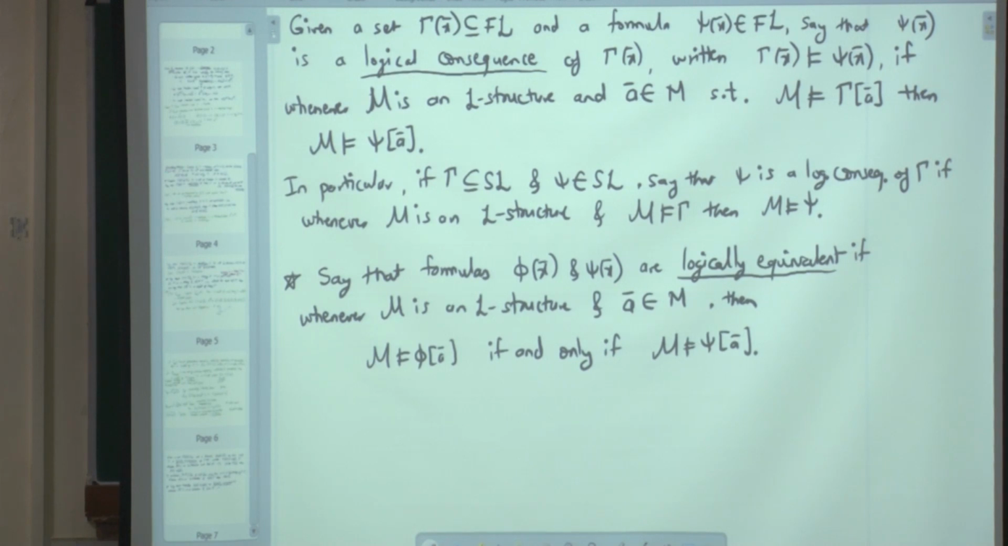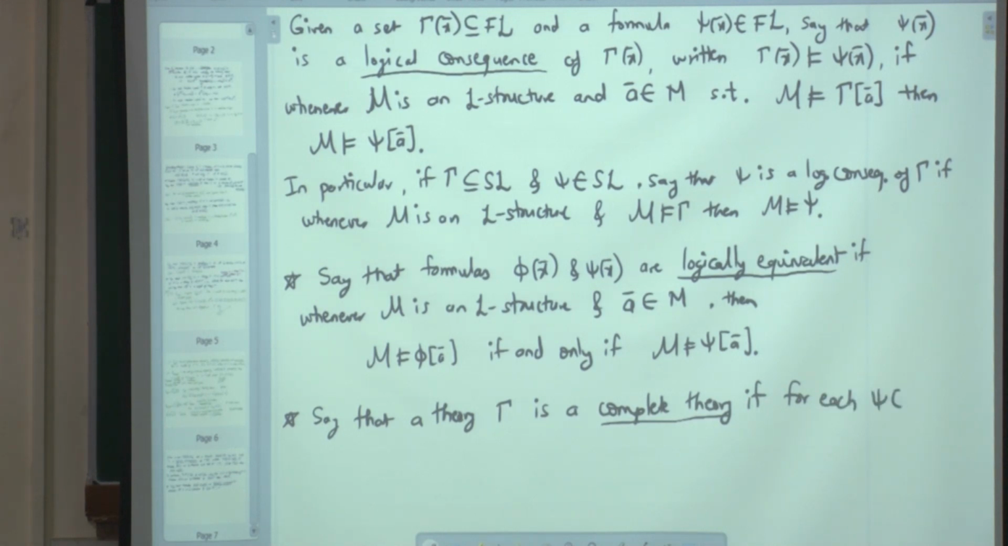Then when you take logical equivalence classes of formulas, you will get a Boolean algebra because of F2. Just F2 alone is sufficient for that. We will talk more about it in the next lecture, but let me come back to theories. So say that a theory gamma is a complete theory if for each psi in SL